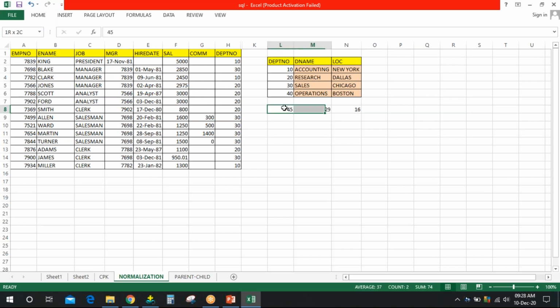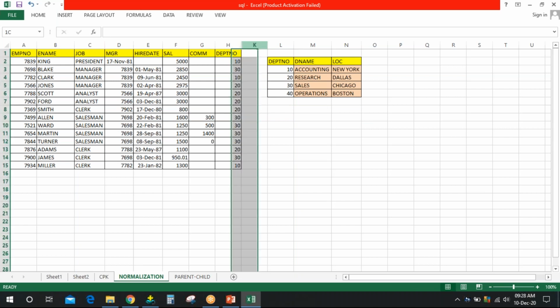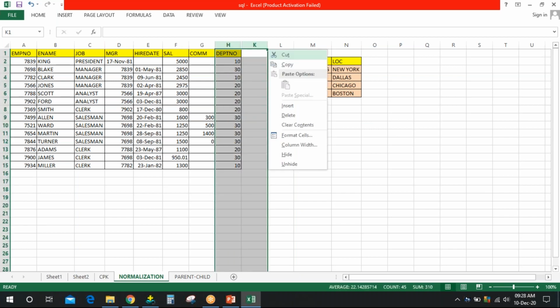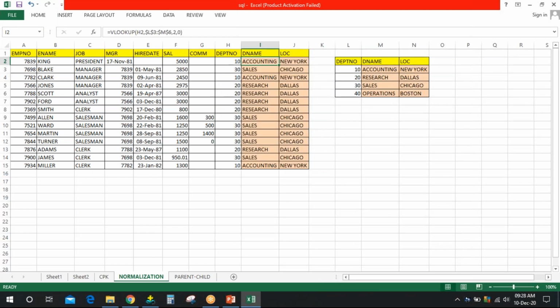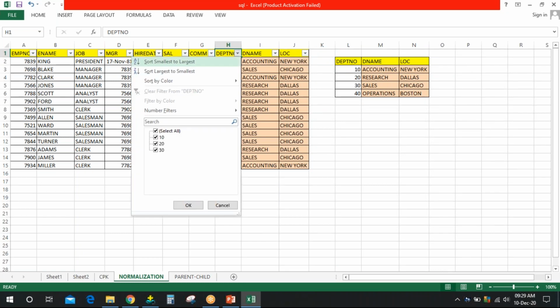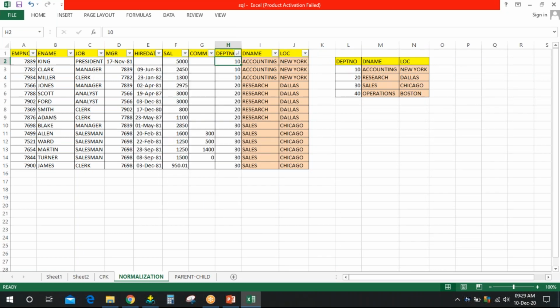This particular thing you are able to see now, these are the duplicate values, right? These are all duplicate values. These three are duplicate values. These four are duplicate values.